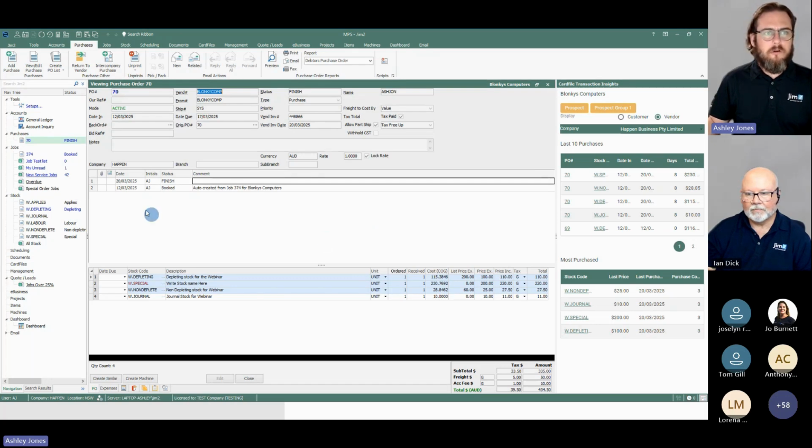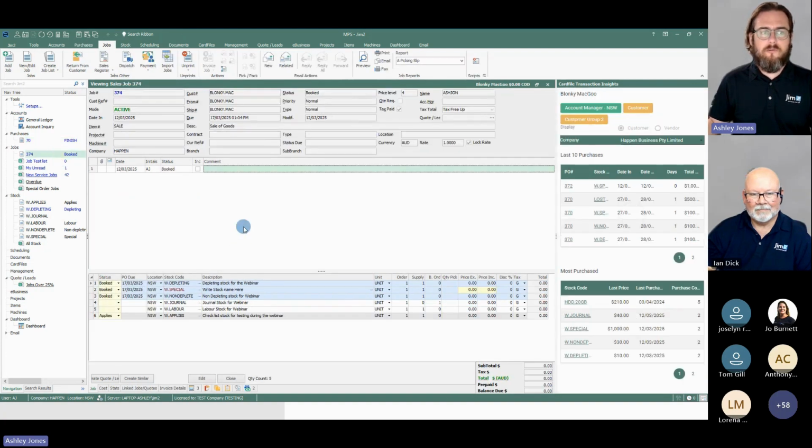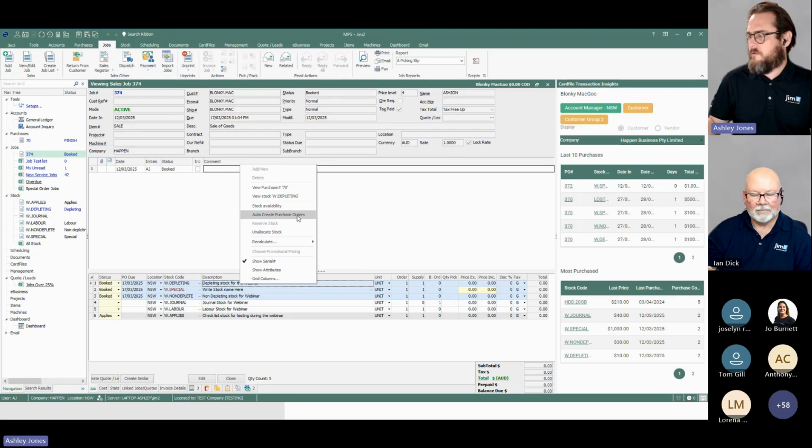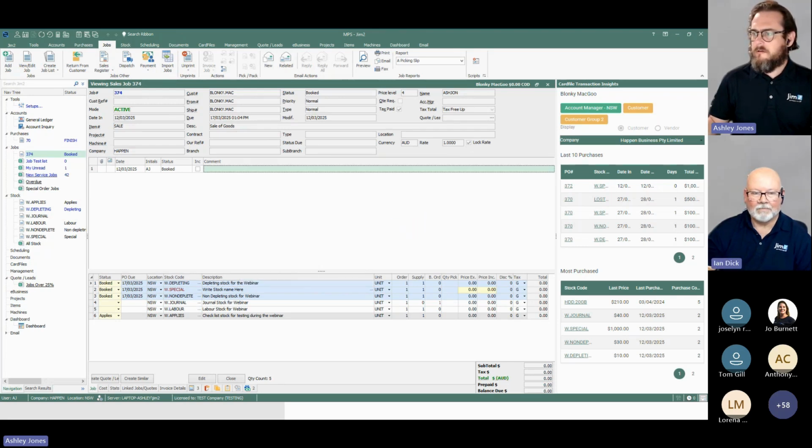Fantastic. So as we can see, I've just completed this PO with all the types of stock that can be ordered so that we can see its effects on our GL accounts. This is all drawn from this job, which I actually created the PO just by entering the stock, right-clicking, and then going through the auto create purchase orders settings. So now that we've got that set to received,